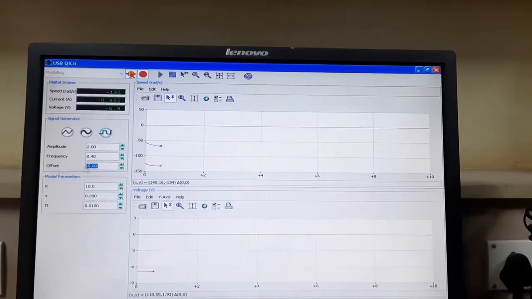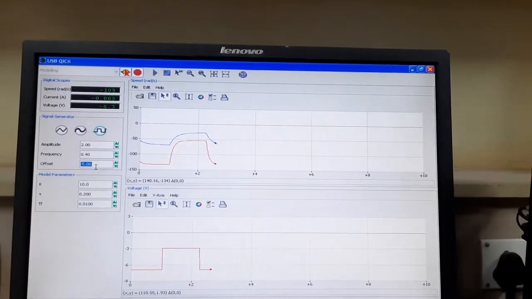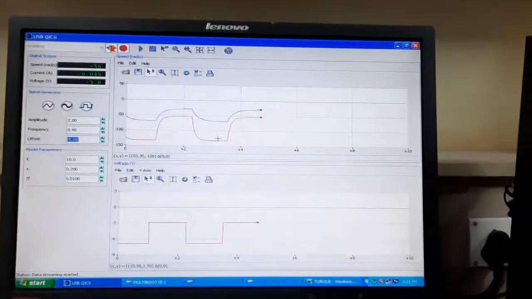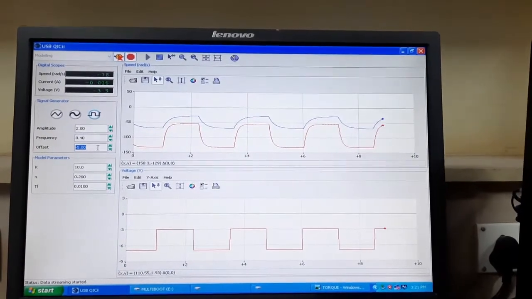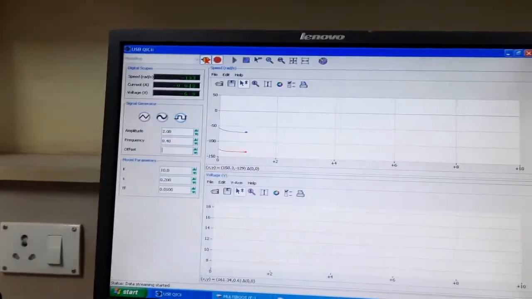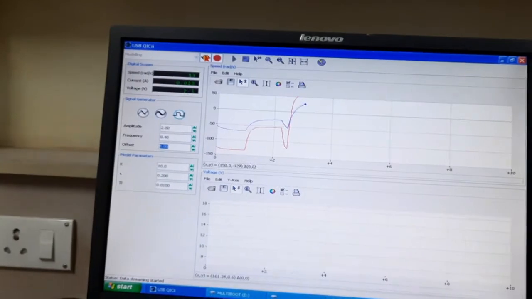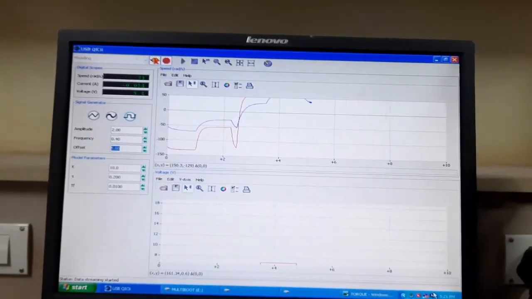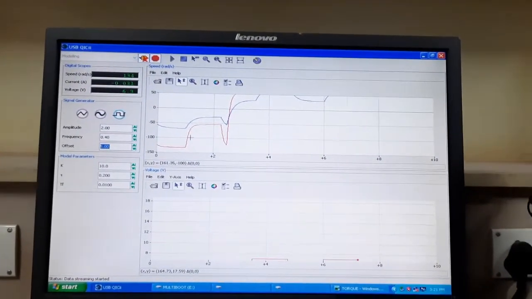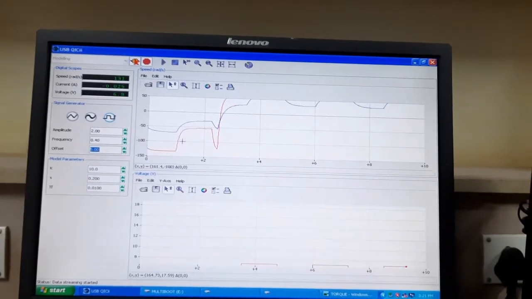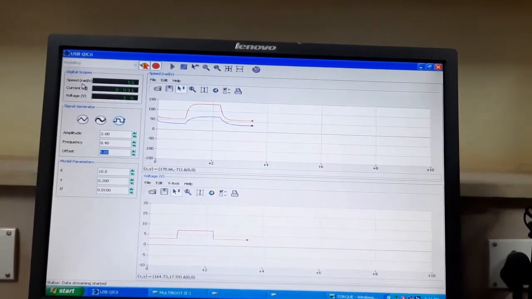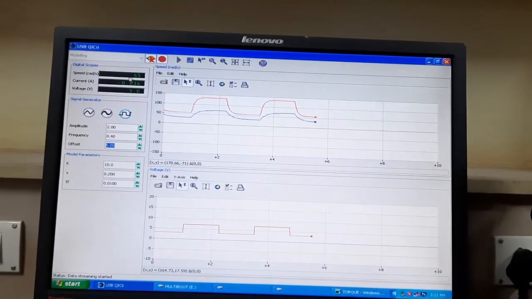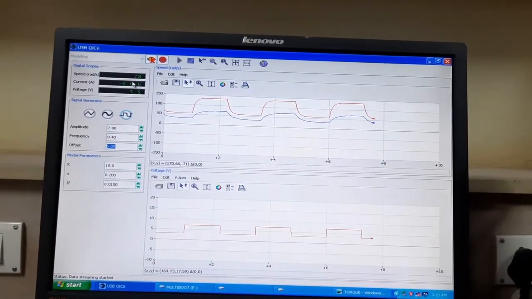When I am applying that offset of -5, this graph is also on the negative side. When I am applying +5, we can see here this graph goes to the positive side, and the speed is also showing a positive sign.